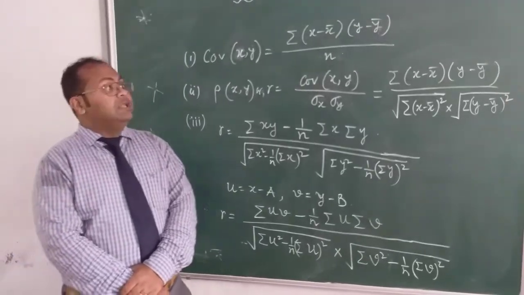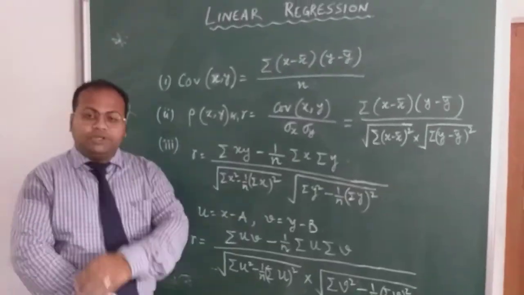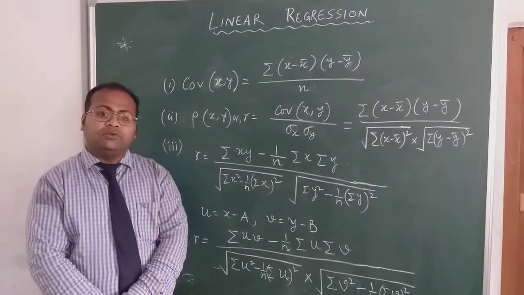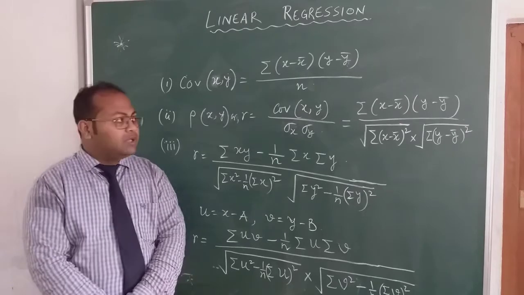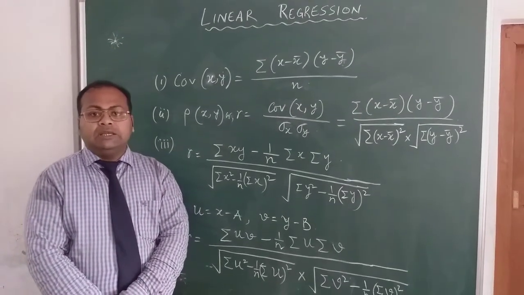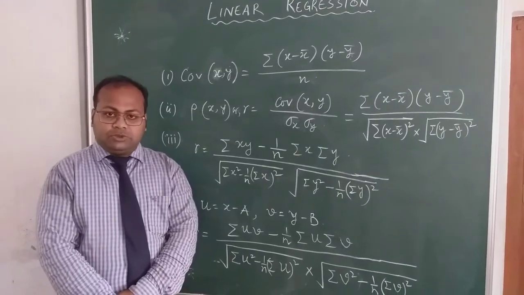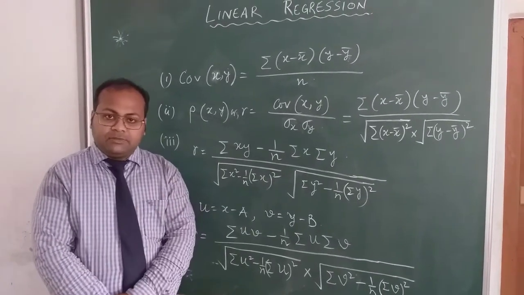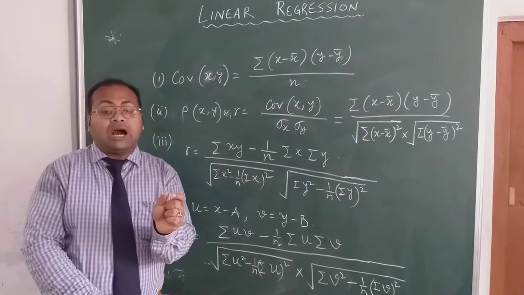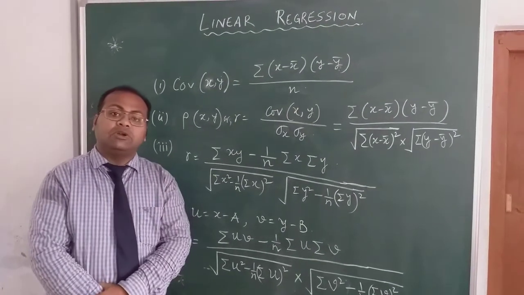Today we will learn linear regression, but before that we need to know a brief bit about variance, covariance and coefficient of correlation. So what is called variance? Variance is when one variable is varying from the mean. So that is called variance. Whenever a single variable is varying, how it is varying from the mean is called the variance.